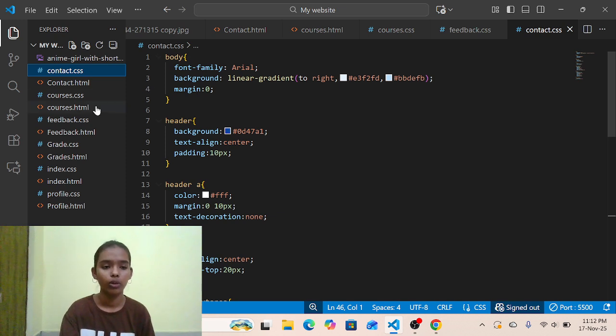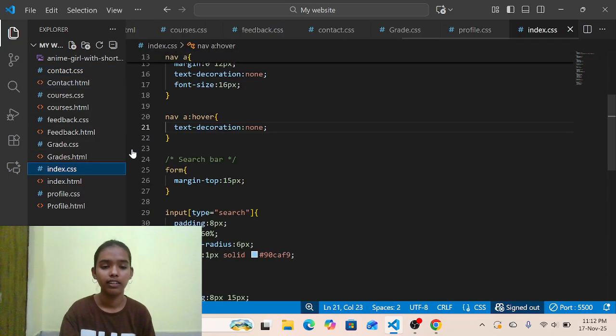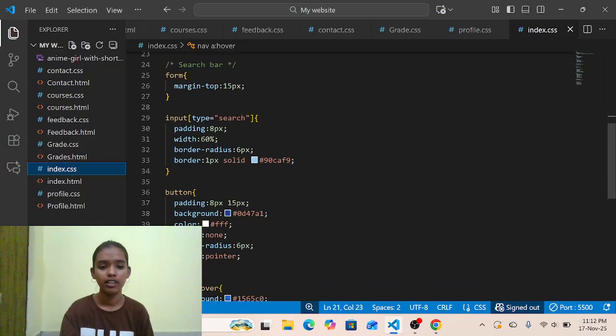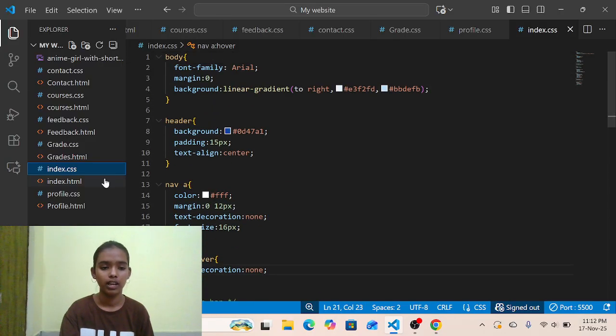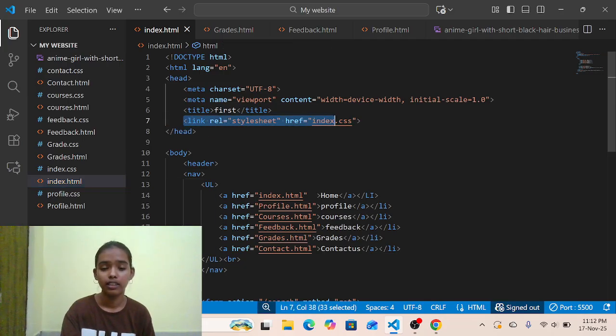Then we go to our home page, which is index. This is my CSS code, and this is my HTML. First I can show you how my project looks without CSS.